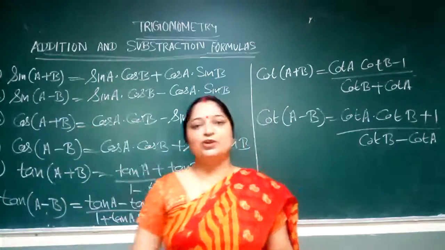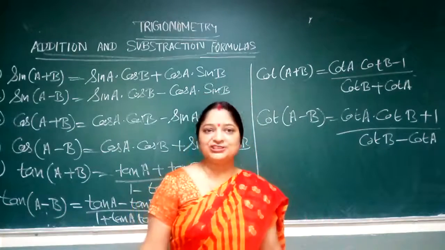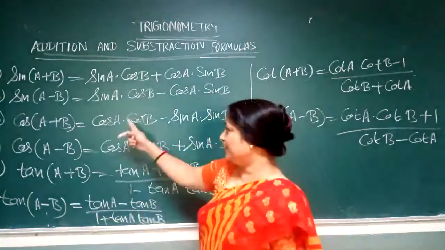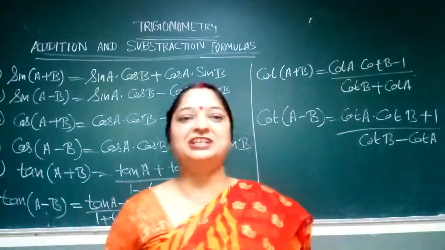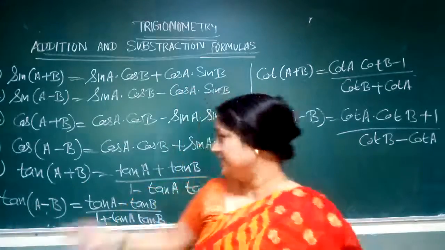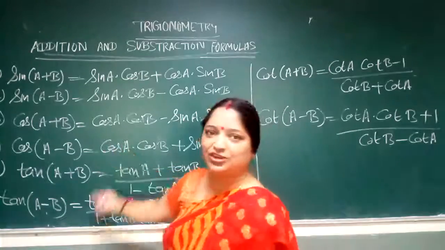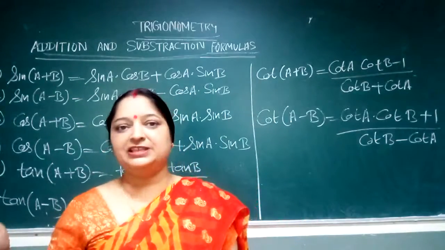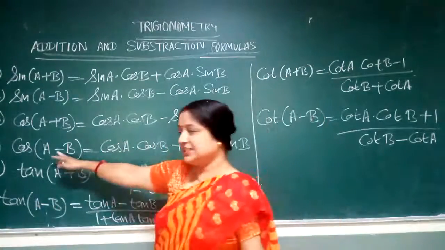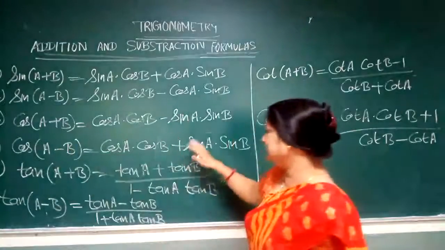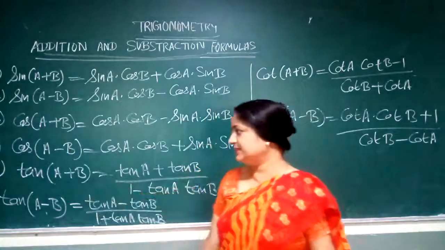Now next one, cos is also the same, cos of a plus b and cos of a minus b. Cos is the boss, so it will come alone. So cos a into cos b, and here is a plus sign, so it will change the sign because it is very dangerous. Because cos is the boss, that's why minus sin a into sin b. And cos of a minus b is cos a cos b, then it will subtract the help of the sun. Suppose it is minus, it will change the sign because it is dangerous. So plus sin a into sin b. Similarly, you can learn this formula. These two are very easy to learn.